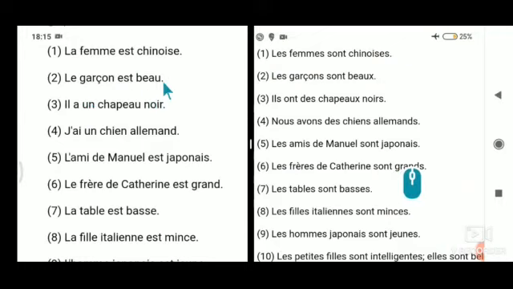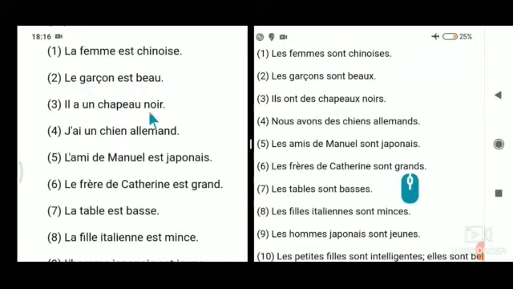So we have to add an X. So la femme becomes les femmes here and le garçon becomes les garçons sont beaux. La femme est chinoise. Les femmes sont chinoises because SONT is plural, right? So when the ILS form comes, SONT should be the conjugation. So le garçon will become les garçons sont beaux.